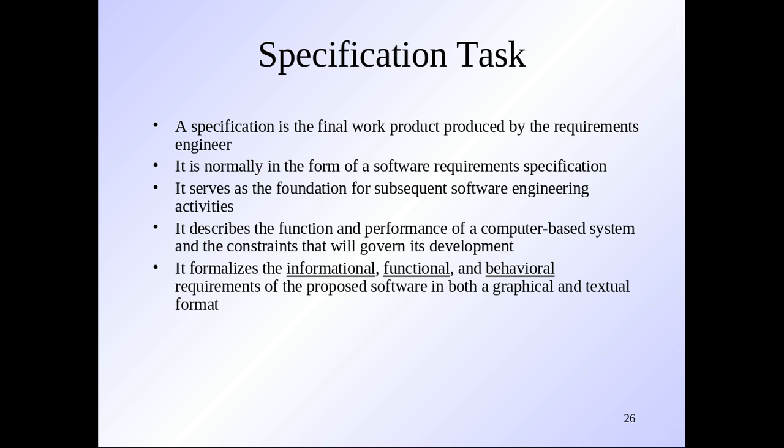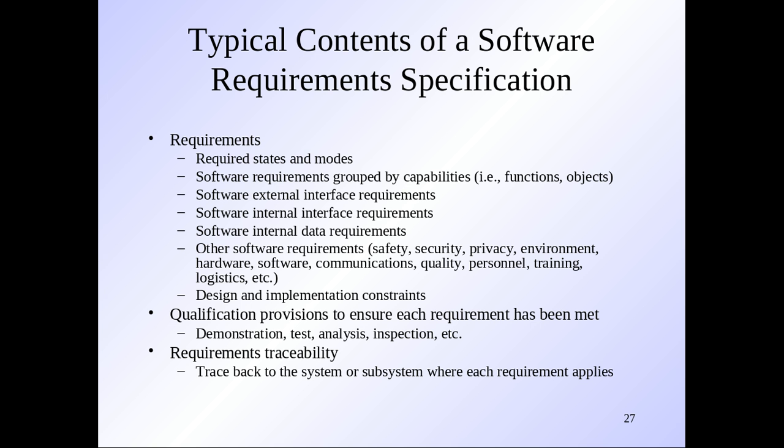It has a diagrammatic structure. It also forms the foundation of subsequent software engineering activities. It describes the functional performance of a customer-based system, and constraints will be developed. Okay, so it formalizes the informational, functional, and behavioral requirements of the proposed software in both graphical and textual format. That means specification is considered the foundation of all subsequent software engineering activities. So we have to understand the subsequent activities. So typical contents